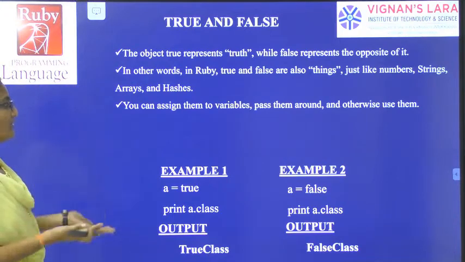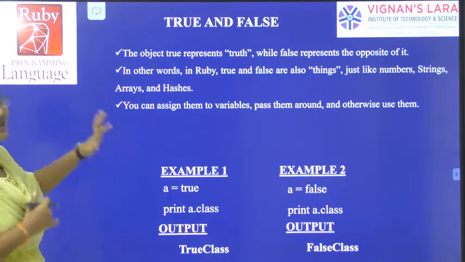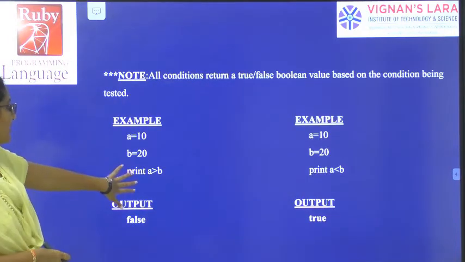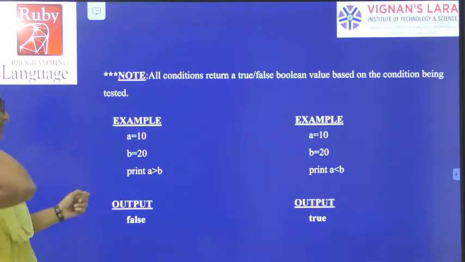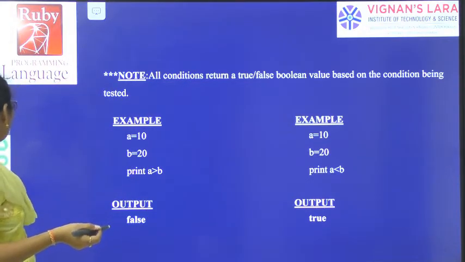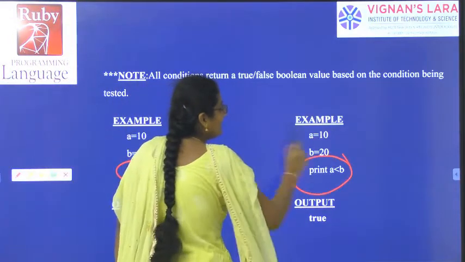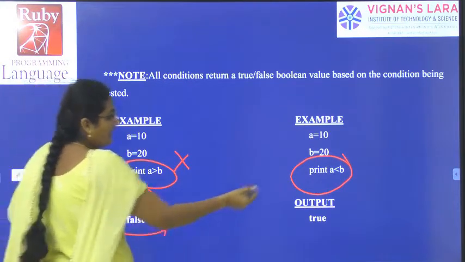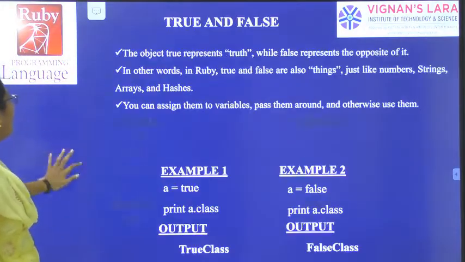About numbers, about strings, about variables, about arrays, about anything, it will give either a true value or a false value. Here I have taken the variables and I am giving the condition. What it should return is either true or false based on the condition. So what are the conditions here? A greater than B is the condition, A less than B is the condition. When this condition is wrong, it gave us false. When this condition is true, it gave us true. Simple.